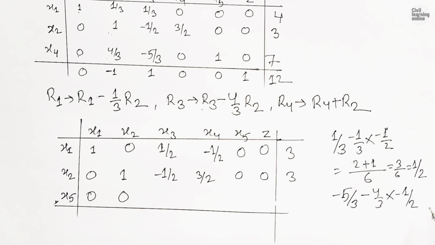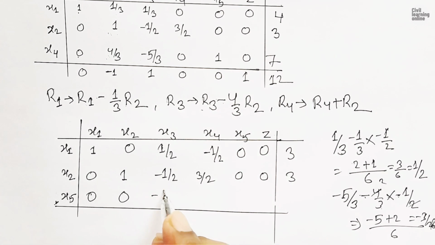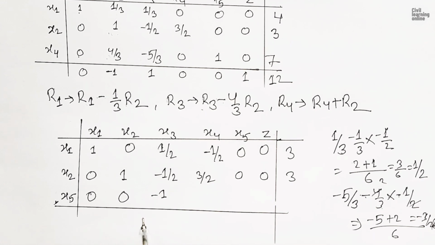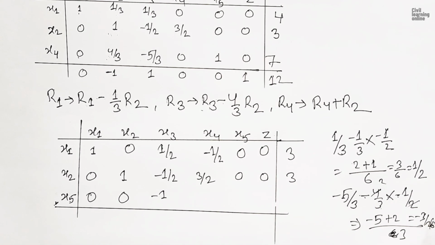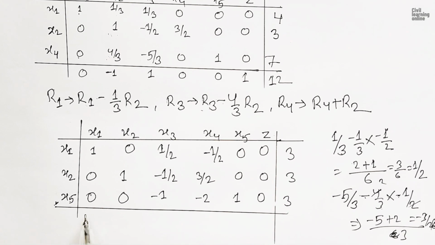Minus 4 by 3 times minus 1 by 2 is going to be, these 2 minuses will become plus, and we will have here minus 5. LCM is 6, so minus 5 times 6, we can divide this, and we will have minus 5 plus 2 means minus 3 by 6. We will get minus 1 by 2, so here we will write minus 1. Similarly, on solving this, we will get minus 2, 1, 0, 3, and here we will have 0, 0 and